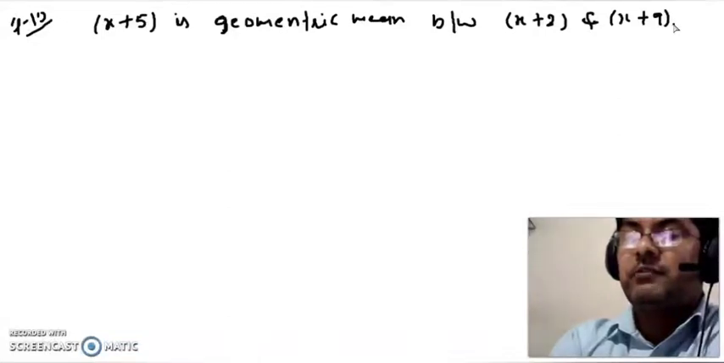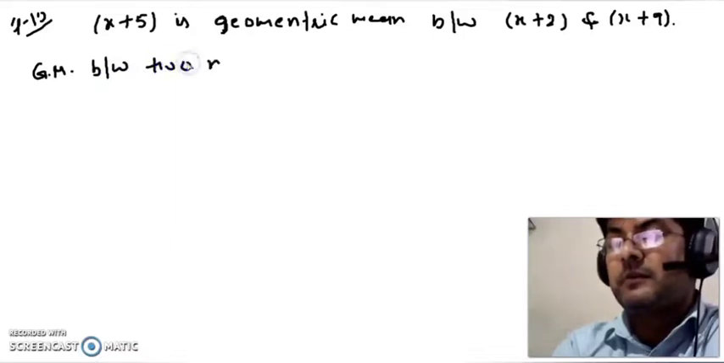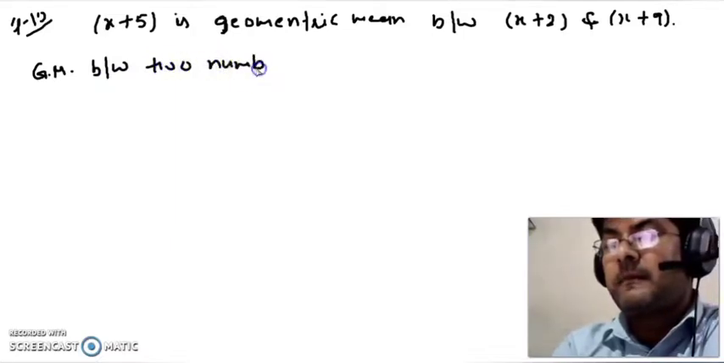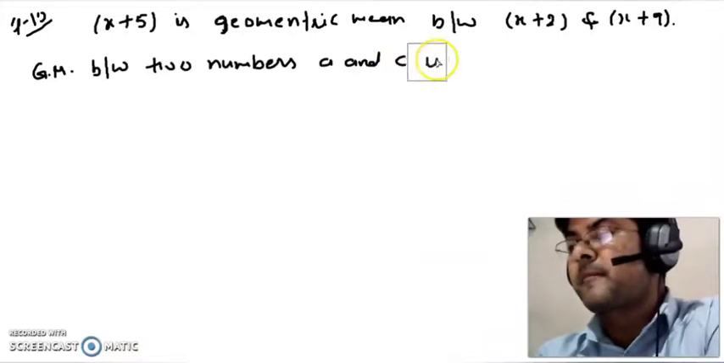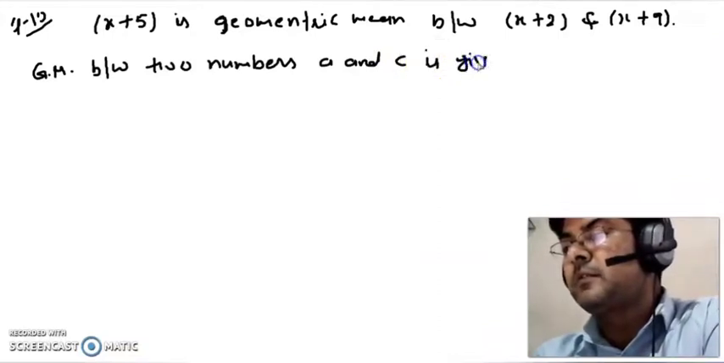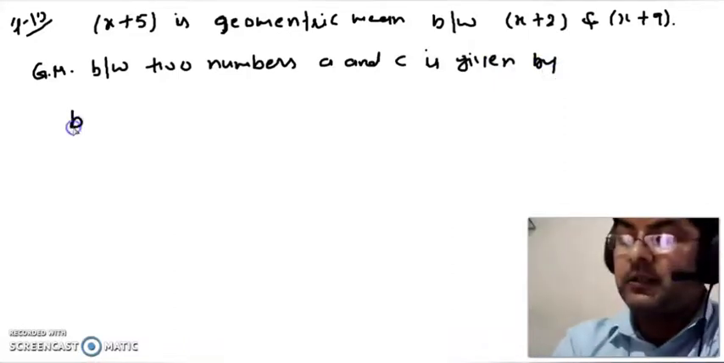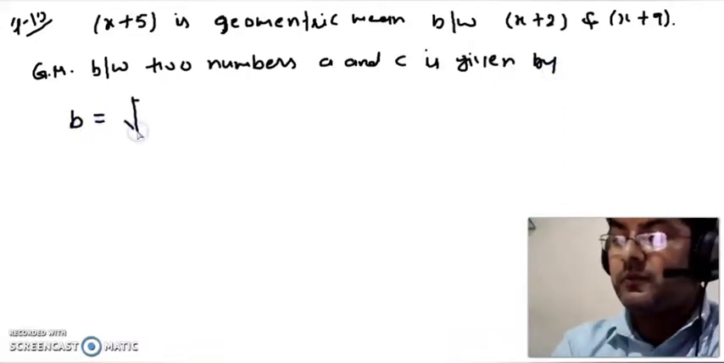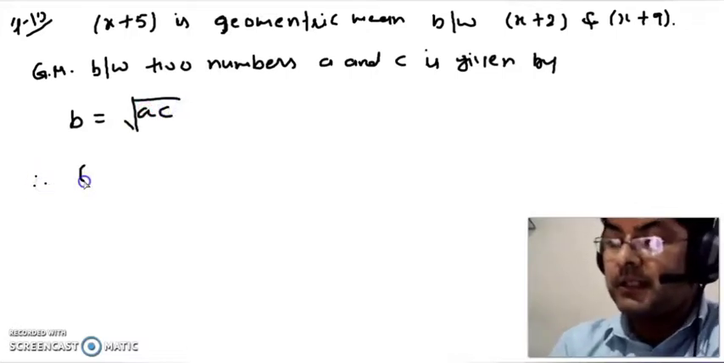Geometric mean, in short, we will denote as GM. The geometric mean between two numbers A and C is given by the formula B is equal to square root of AC, and therefore here B is x plus 5,